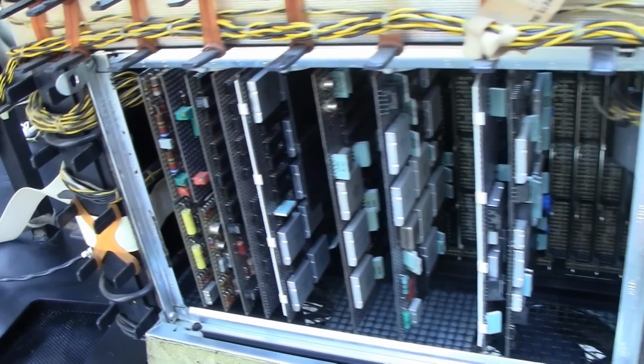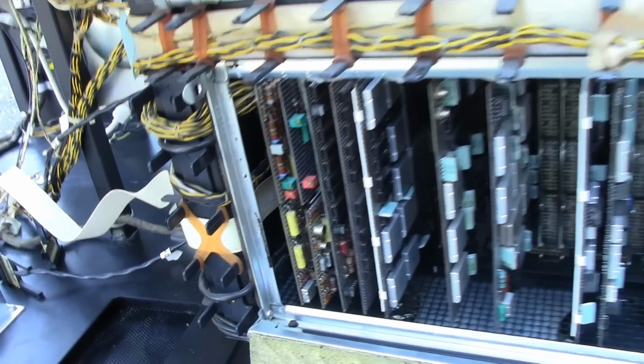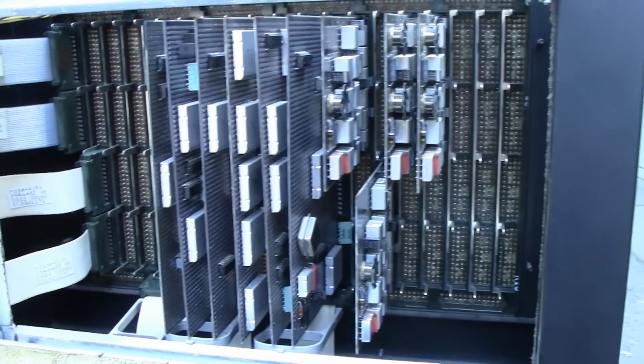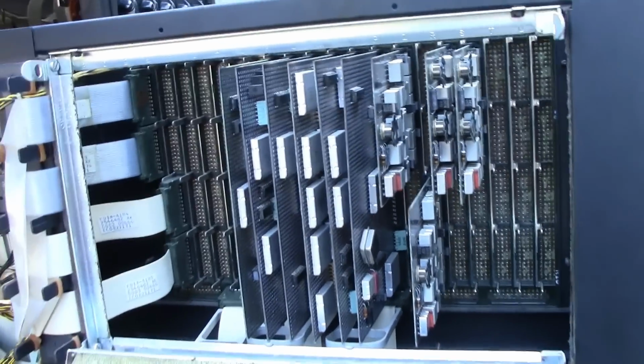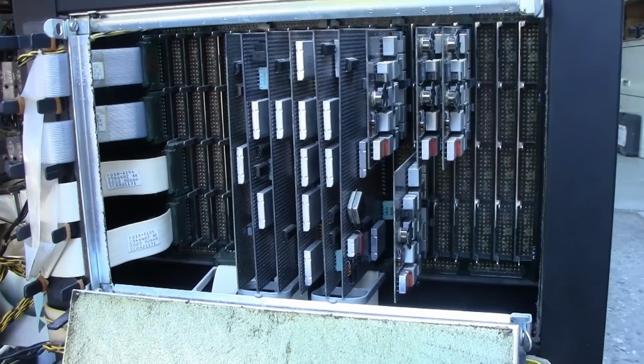I'm believing that the CPU, the control memory, the floppy controller, and the hard disk controller is there. And above here, this one's a bit more empty. There's lots of expansion left in here. I believe other options that existed for this, there is an SDLC option, which allows you to connect to the